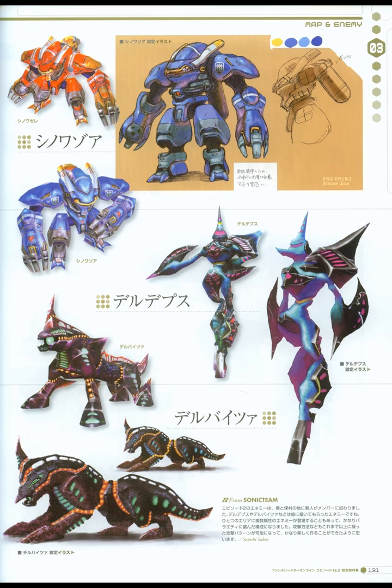This page introduces more enemies, starting with the Sinozele, an orange robot enemy. Next is the Sinozoa, a blue robot enemy, and there is a leg part sketch associated with the Sinozoa from PSO episodes 1 and 2. Moving on, we see the Del Depth, a tall, slender enemy, and finally the Delbiter, which is like a four-legged